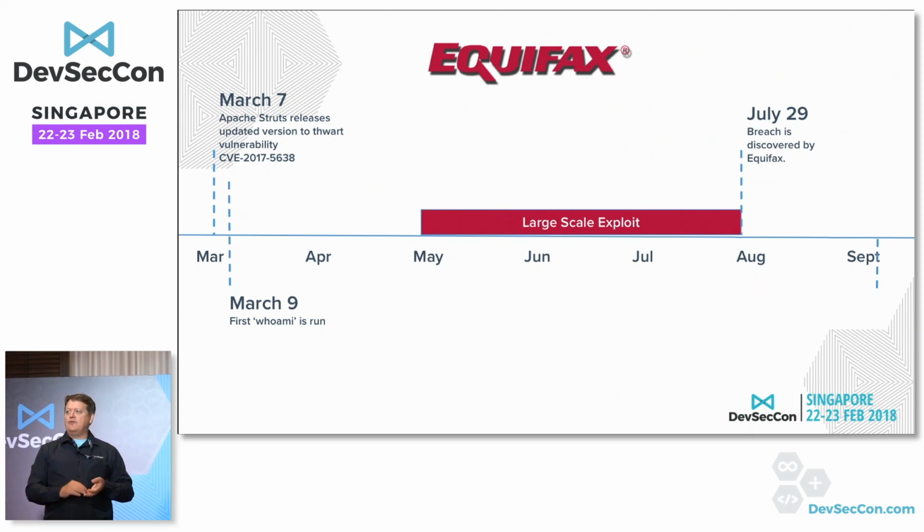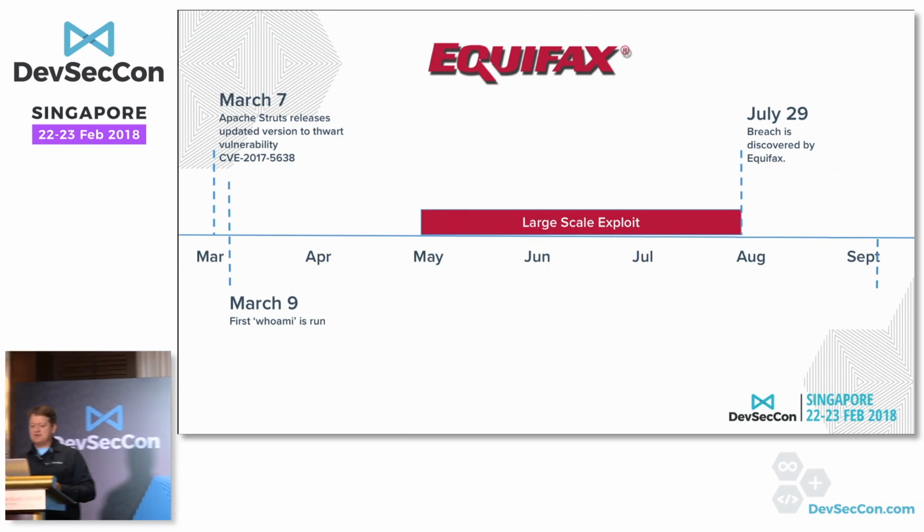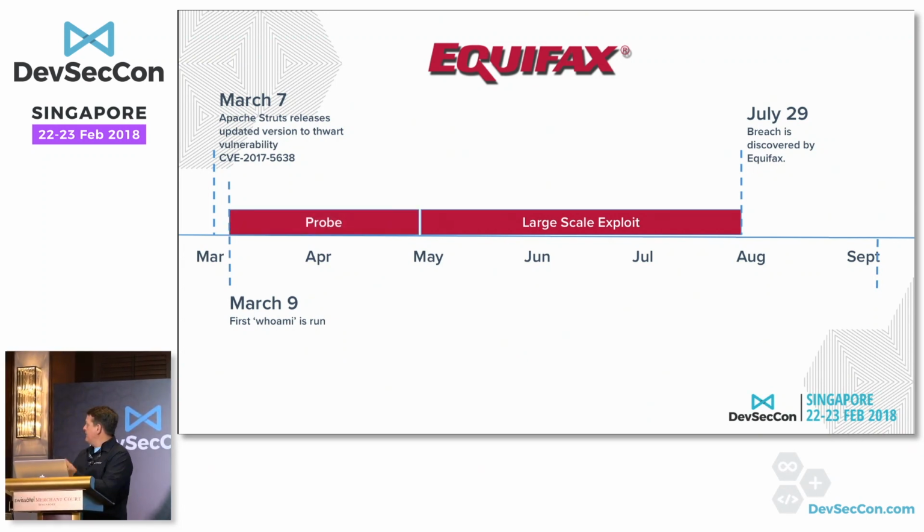The CEO, the CIO, and the CISO at Equifax all lost their jobs over this, all over one vulnerable library that they didn't patch. There was a probe done for a number of months there. Now they're in crisis management. They were called up in front of the US government. They're being sued. Major disaster. All over something that was actually quite preventable if they were actually on top of their patching of libraries.